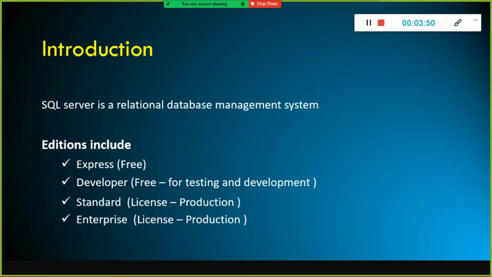It is a licensed one. To learn Microsoft SQL Server or to write SQL queries, if you download Express or Developer, that is more than sufficient. A free license is more than sufficient for learning purposes.